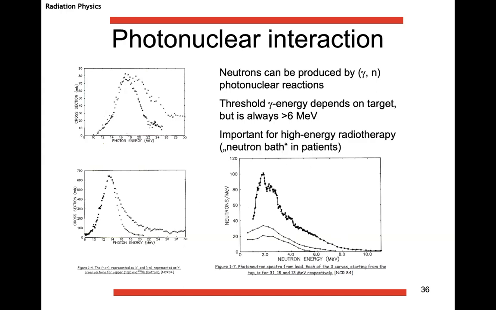If you want to do radiotherapy on patients with energies above 6 MeV, considering that in the head of the LINAC accelerator used for radiotherapy you have heavy elements like tantalum, you can produce a lot of neutrons. And these neutrons can irradiate the patient. It's an unwanted irradiation of the patient. So you irradiate the patients where you don't want to irradiate them. So this is an important aspect.